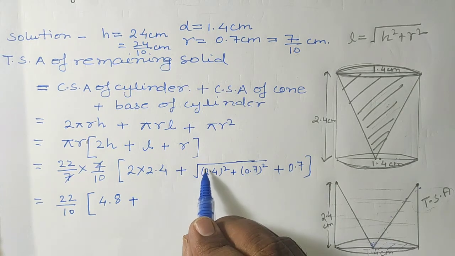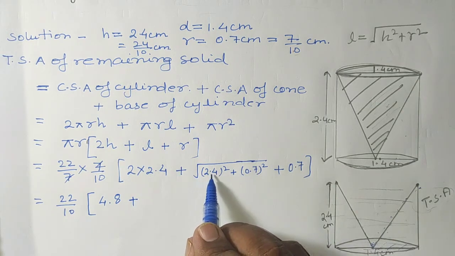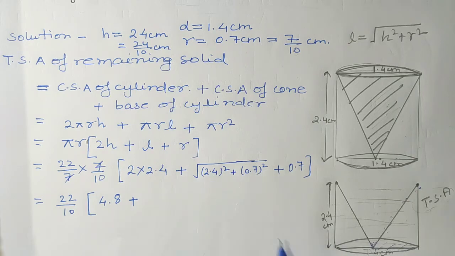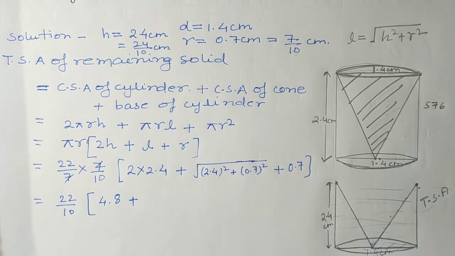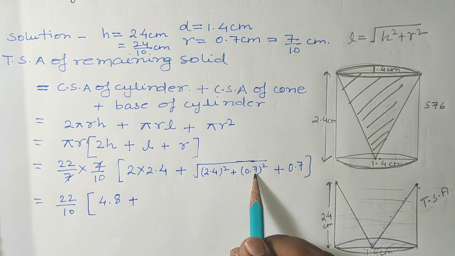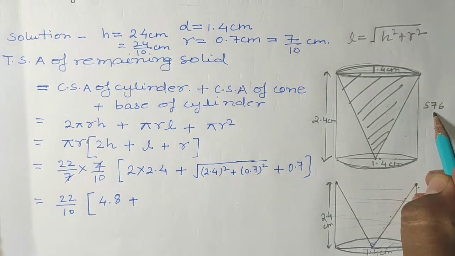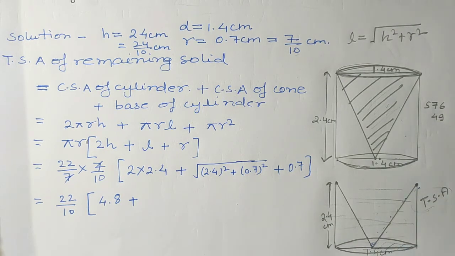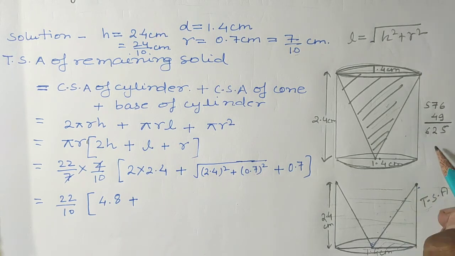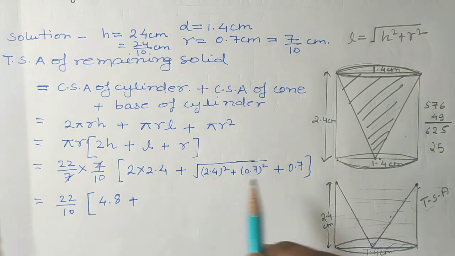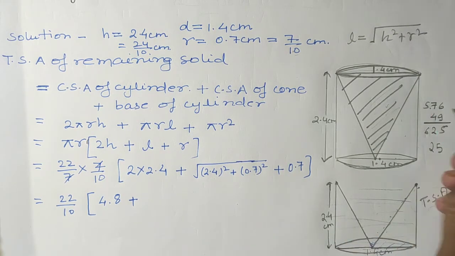And when you will solve this part, so suppose students, if decimal is not there, then it will be 24. 24 square is what? We know that 24 square is 576. Okay, 0.7. 7 square is what? If suppose if only 7 is there, then 7 square is what? 49. Okay, now if you will add it, you will get what? 625. 625 is the square of what? 25.